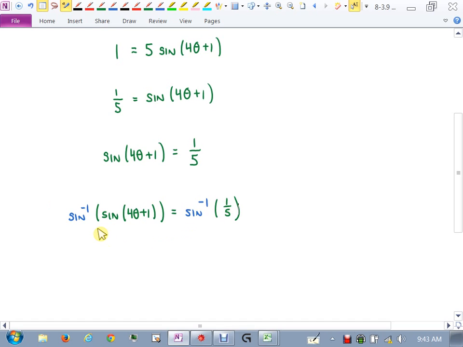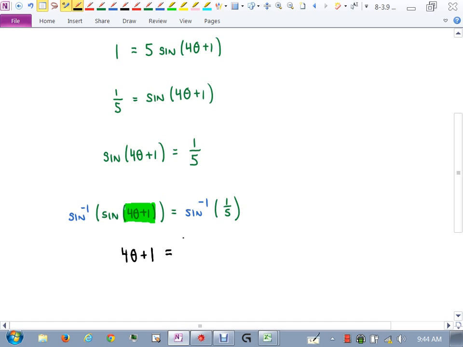So tell me what happens on the left side, and just notice my use of parentheses. I'm taking the arc sine of, so here's my parentheses, of what? The entire thing. So when I put the arc sine and the sine together, what will happen? Cancels out, so what's still on the left side? 4 theta plus 1. The whole argument is there. Okay, our entire argument will still be there. So we have 4 theta plus 1